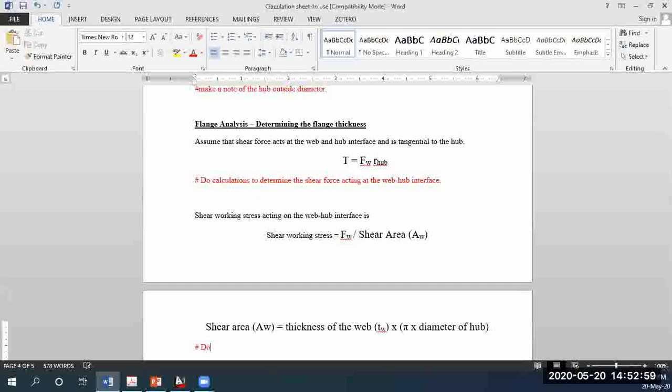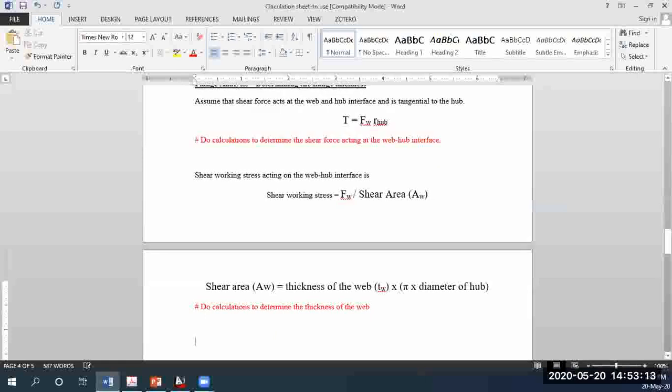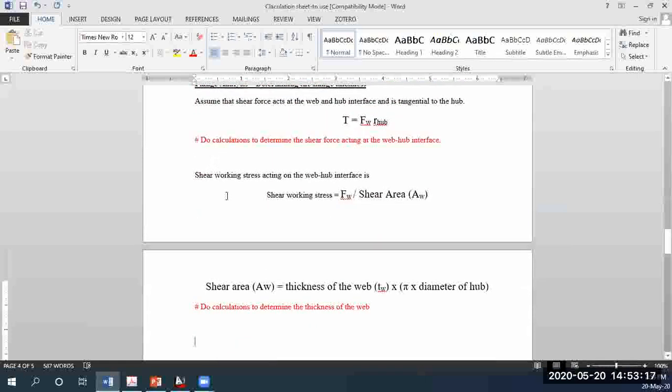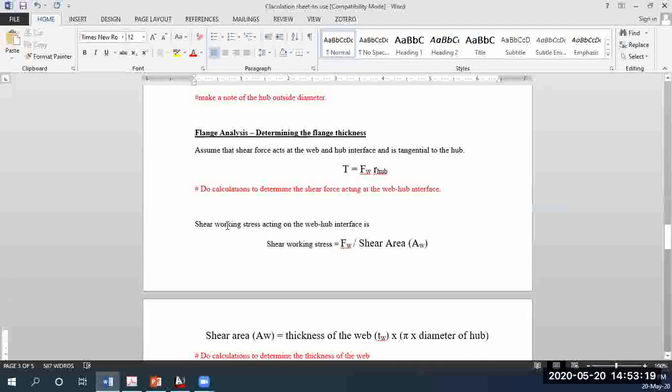So do calculations to determine the thickness of the web. Right. Okay. So that's it for today's